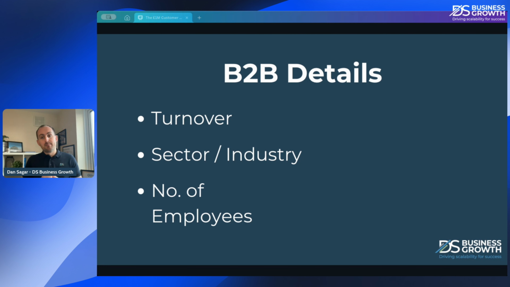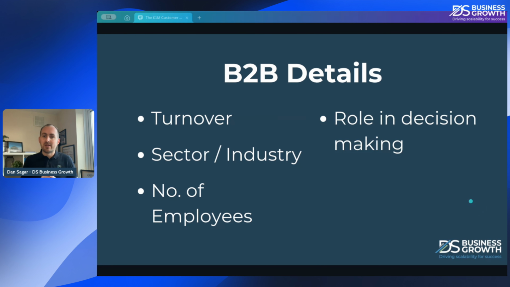So again, how many employees have they got? I know some businesses say ideal for us is around 25 employees. So this is an IT company that I'm thinking of. A business with around 25 to 50 seats is perfect for them. It gives them enough margin to make it really worthwhile, and to deliver a really high quality level of service. But above 50, they start to get a bit too big, perhaps too many day-to-day issues that they don't want to be dealing with. So that sweet spot is 25 to 50. That's just an example, and the same will apply to you.